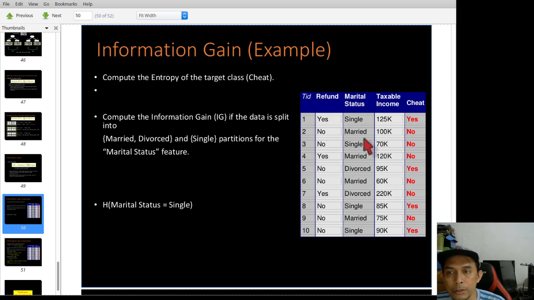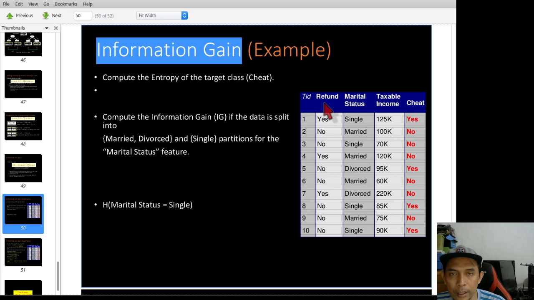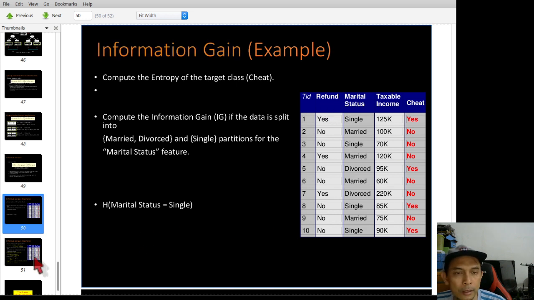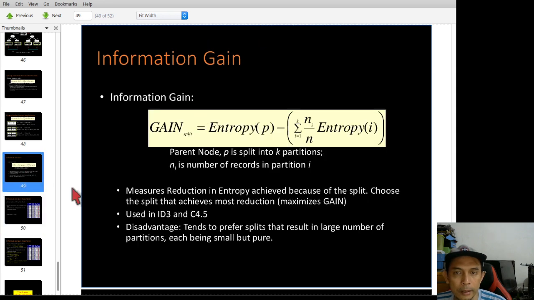So in order to choose which one is the best attribute for splitting, you need to calculate the information gain of these 3. How to calculate? Okay, we use this formula.